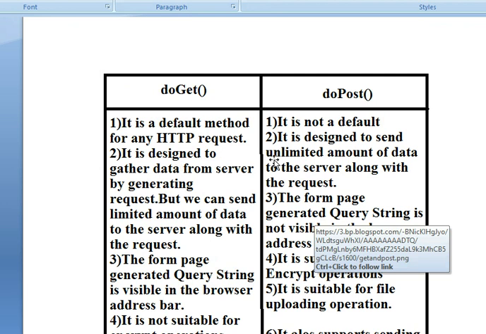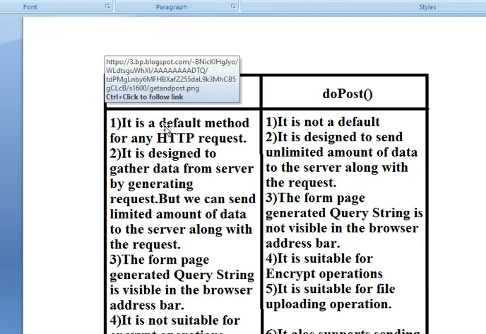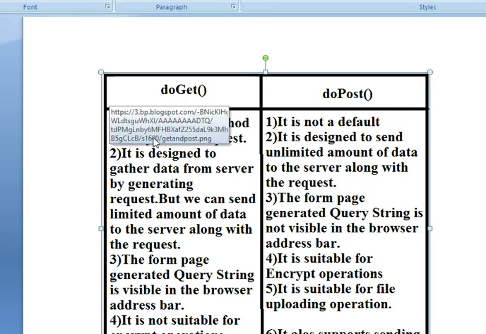In doGet, it is the default method for any HTTP request. So if you are not mentioning any request, then by default the servlet container takes the doGet method only. Okay, so doPost is not a default.